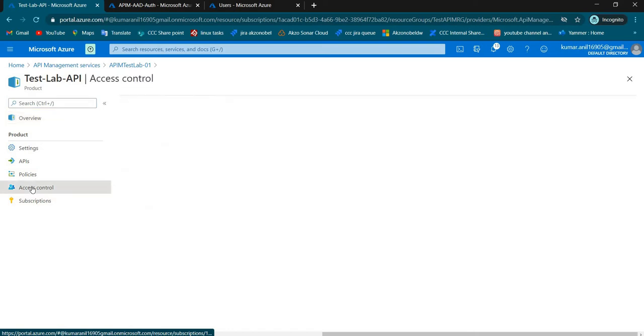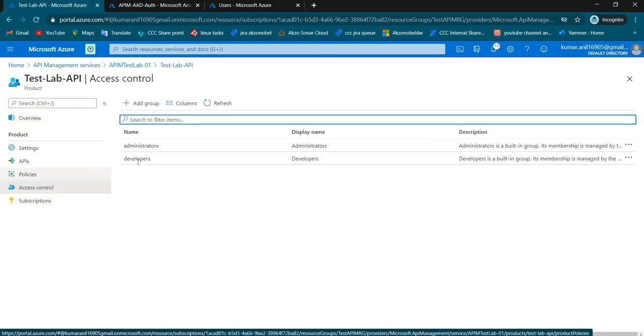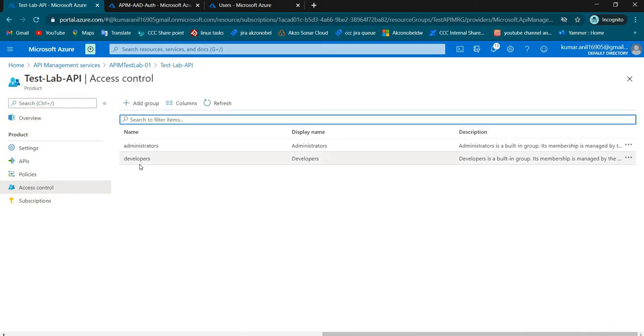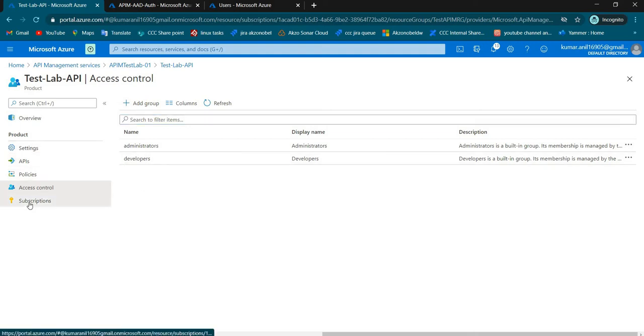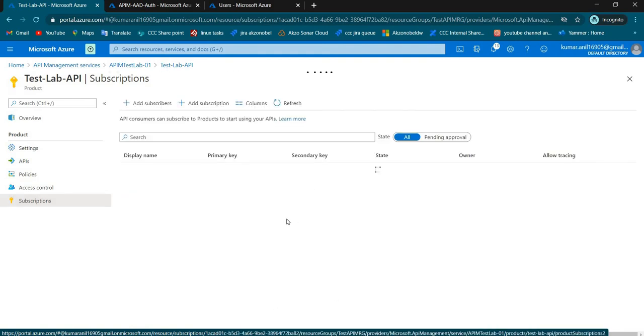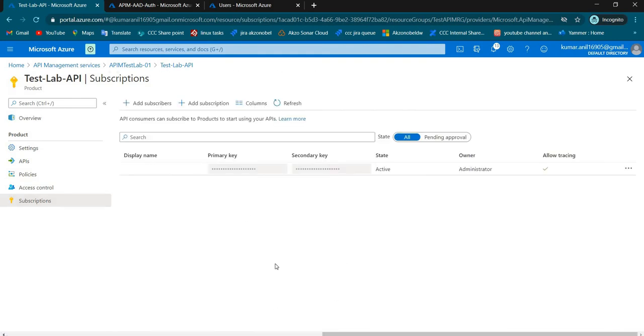If you see, I have added developers. That means this particular product can be visible to users when the user is a part of the developers group. As simple as that. Now you can see there are no subscriptions raised by any of the users other than the administrator. Now go back to overview.